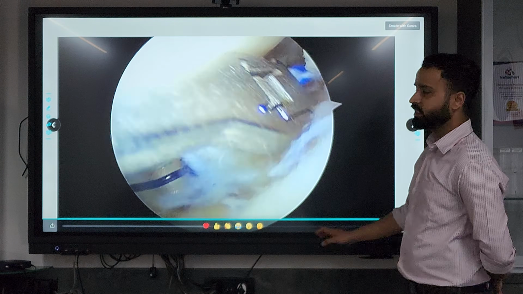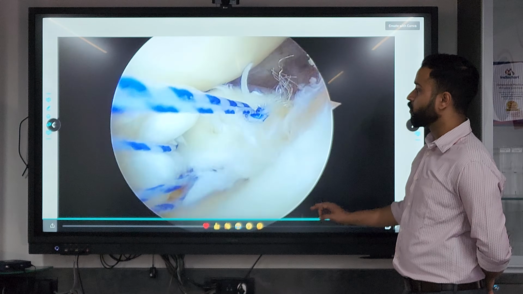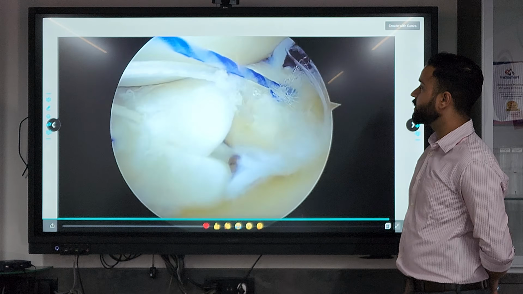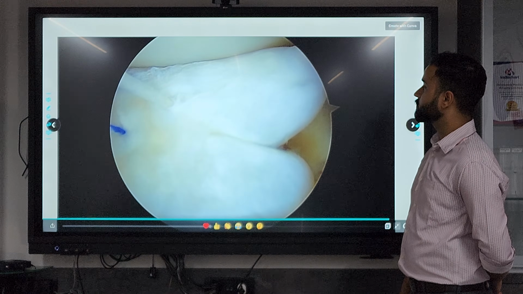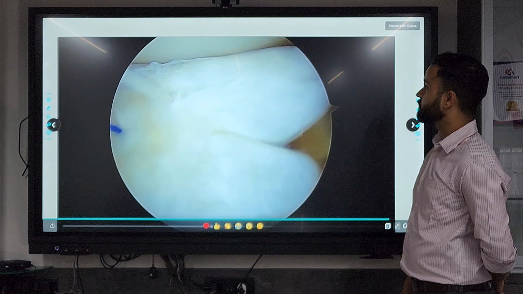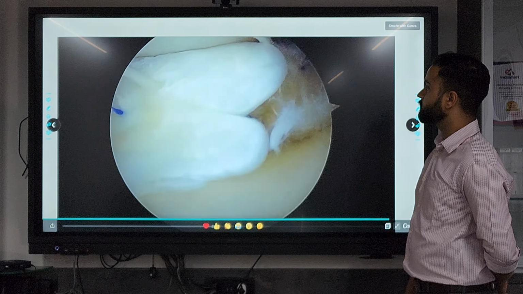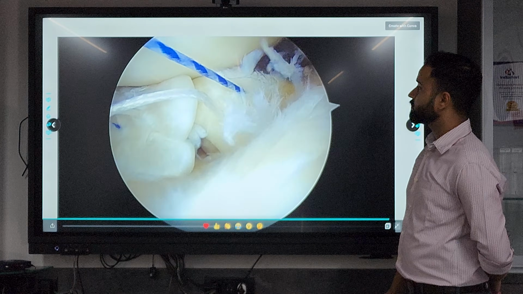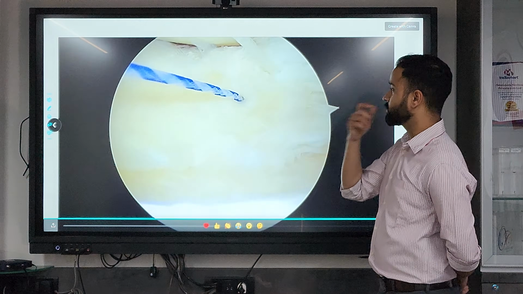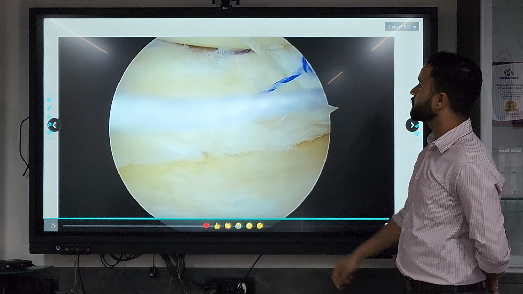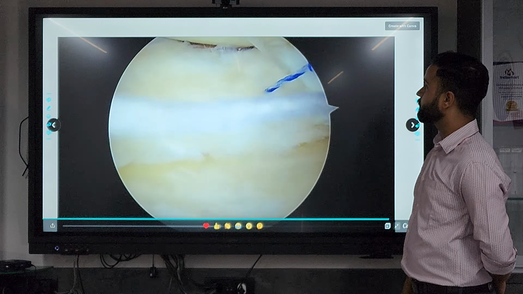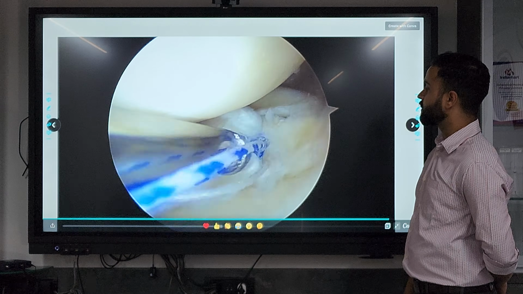The advantage of this technique is that it is a low profile anchor. So we have all 4 of our sutures in place. We're going to pull it and approximate all the margins of the meniscus. There.